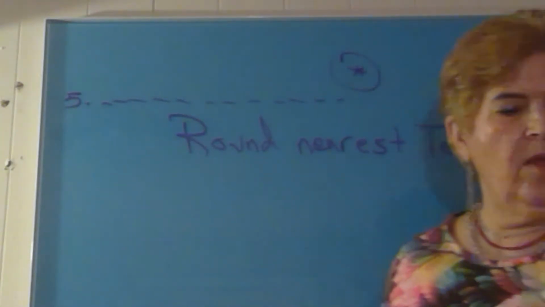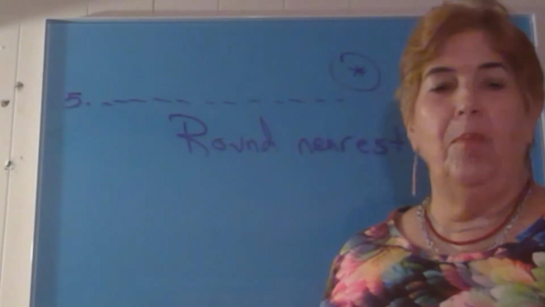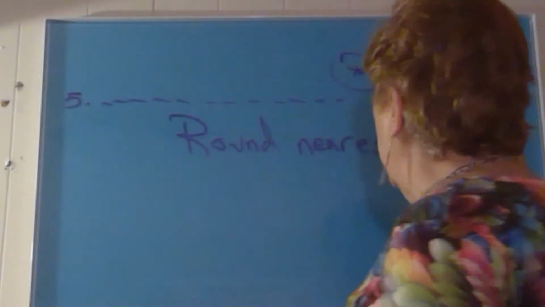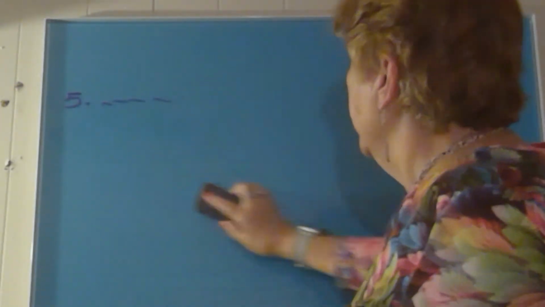I wanted to point that out because I don't believe everyone read all of the small print at the very beginning of your workbook. But that's round to the nearest tenth. Otherwise, some of them don't say what to round to. Often that means don't round, but if you end up with a long decimal, usually I'd like you to round to the nearest hundredth. And that means round correctly. Don't just drop off the end of it.